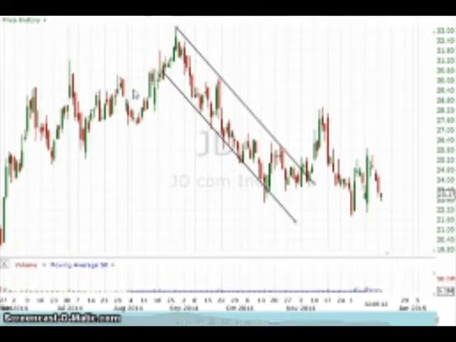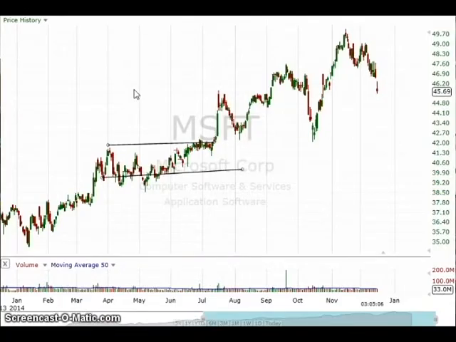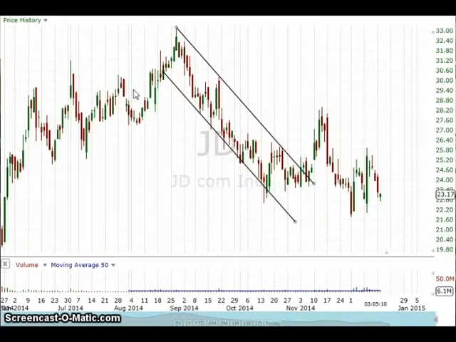This is JD.com, the Chinese retailer, symbol JD on the New York Stock Exchange. I started trading this because it's a decent trader, and it's been pretty decent. I've been a pretty decent trader lately with the recent IPO of Alibaba. So now here, I draw the trend lines beforehand. Now you can see that the trend line is broken. The stock is in a downtrend, per se, by these two lines. Now, this red candlestick here showed a little bit of a break in trend, the downtrend. It had a little bit of volume. The stock came back and retested the downtrend line, then broke out from there.